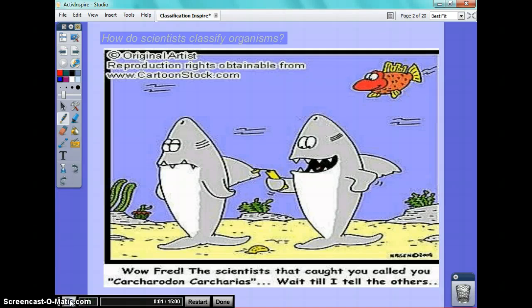Start with this question. It's really hard for you to understand how scientists classify organisms because they've already been classified. You know the name of each type of organism, what group they fall under, all these things. But if you think back to how they had to do this process, it was very, very tedious. Not to mention, think of the first time somebody saw an elephant. I mean, that could look like a monster. You're walking and all of a sudden you see this thing.